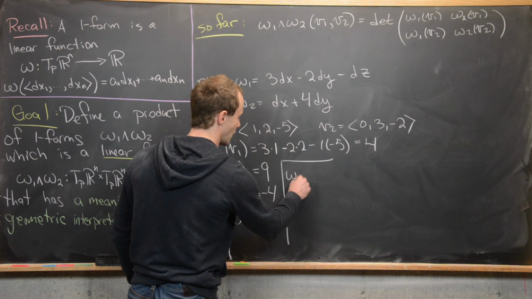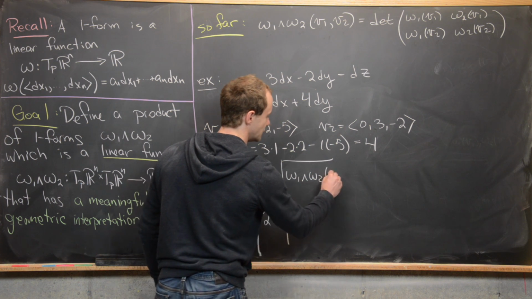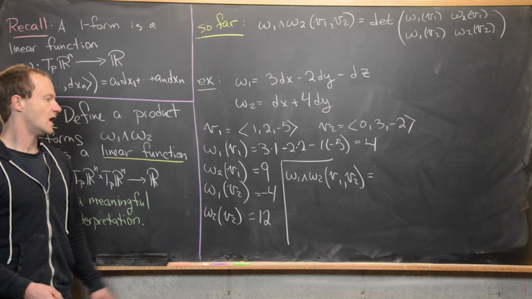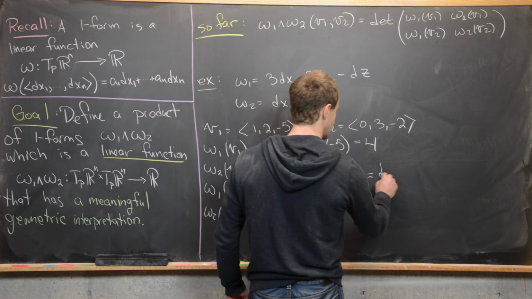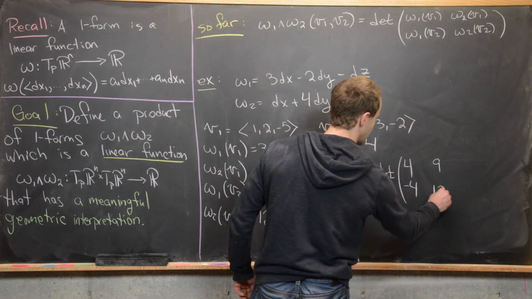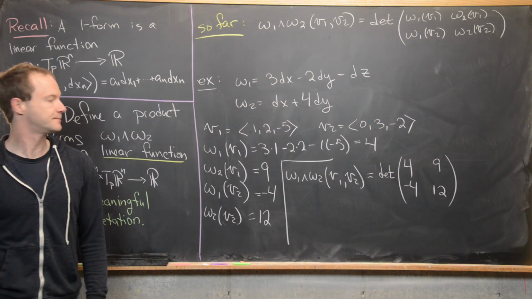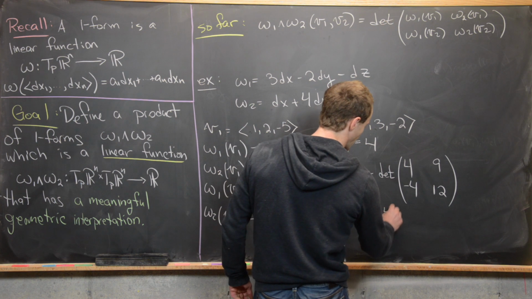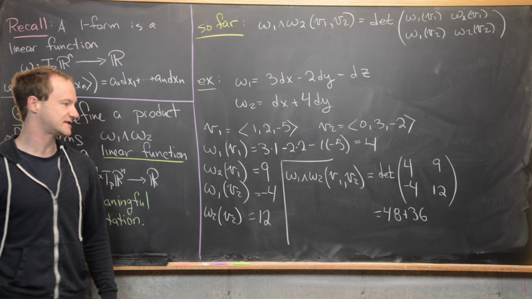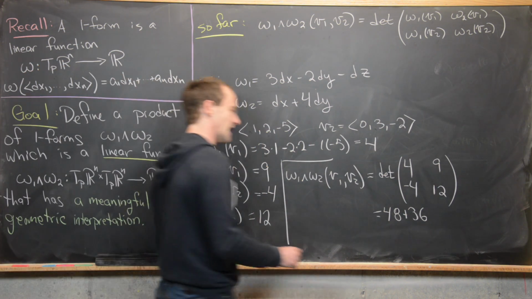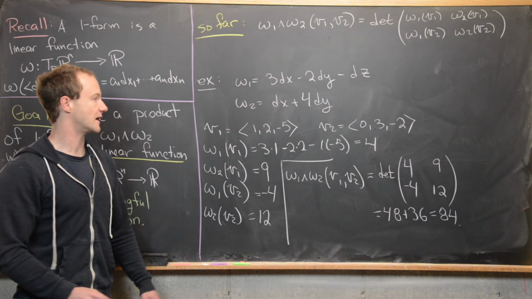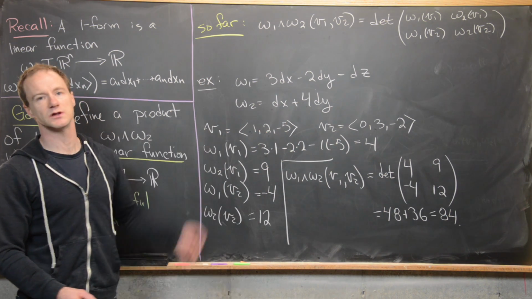And so what we'll get, omega 1 wedge omega 2 on this ordered triple of vectors, I should say, we'll have, let's see, this will be the determinant of 4, 9, -4, and then 12. Okay, good. But notice that's going to be 48 minus -36. In other words, 48 plus 36. So that is going to be 84. Great. So that's what we get for that right there. All right, great. I'm going to go ahead and clean up the board, and then we'll look at some characteristics